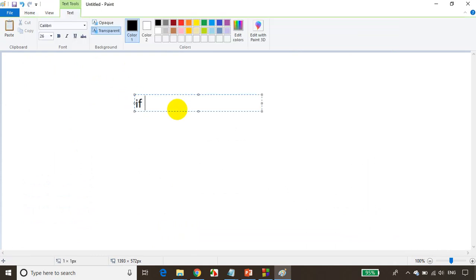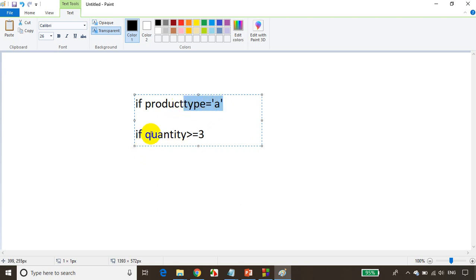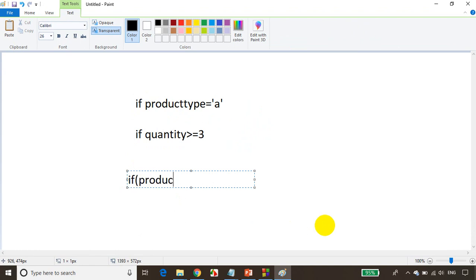If the product type is apparel, and the quantity the user is buying is greater than or equal to 3, you want to provide a 30% discount. So for product type apparel and quantity greater than or equal to 3, you want to provide 30% discount. So in this case, you have to write a condition like this: